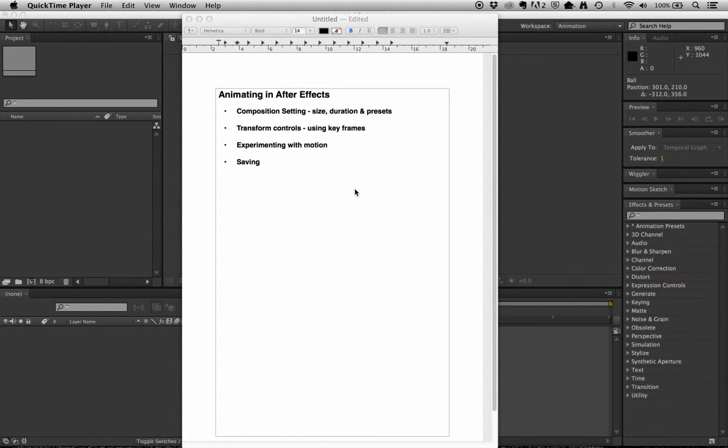And then we'll just look at how you can experiment with different things to do with motion and animating. And then finally we'll just look at saving. The saving isn't exporting, we'll do that in a separate tutorial because it's a little bit more involved. Okay, so